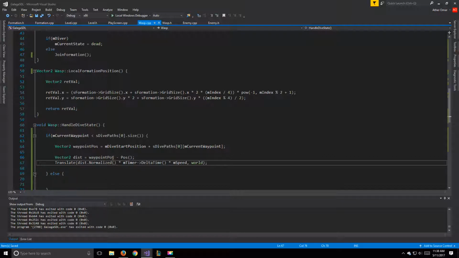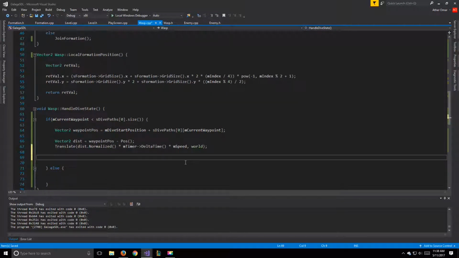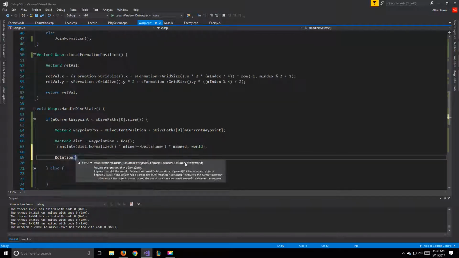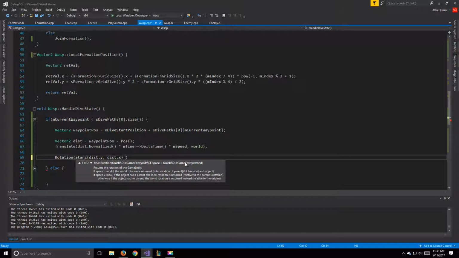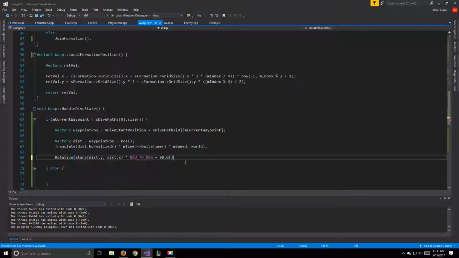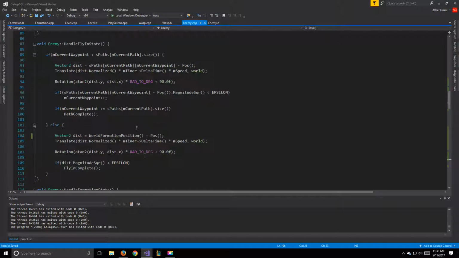So that will be it for this part. And then our rotation will be set to be our atan2 of dist.y and dist.x multiplied by Rad2Deg plus 90.0f. So pretty much the same thing that we have